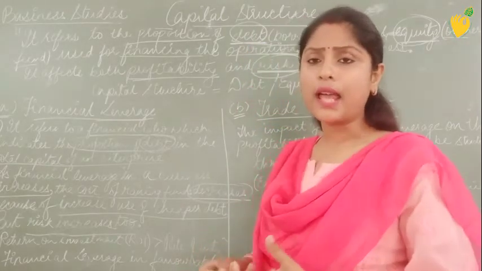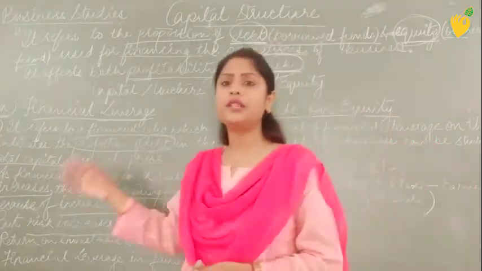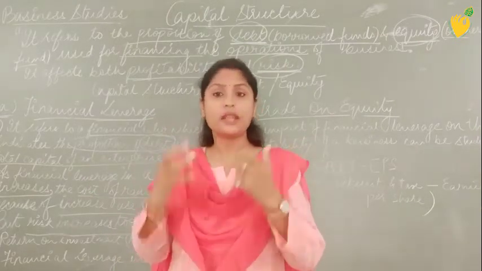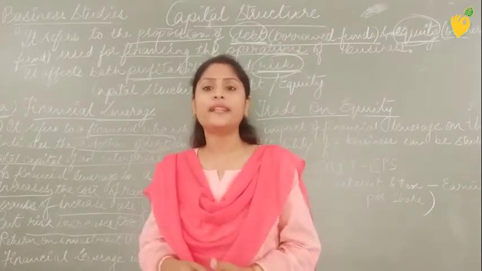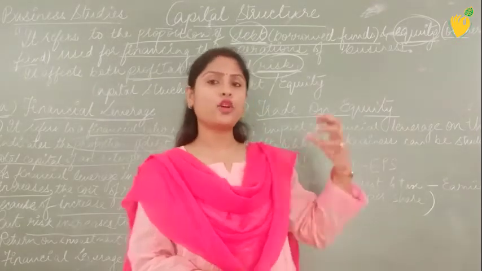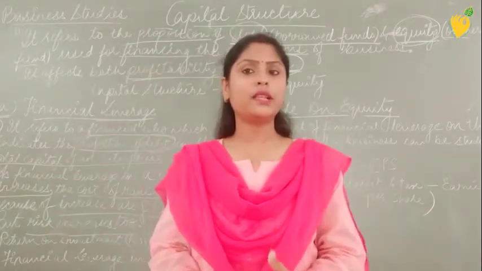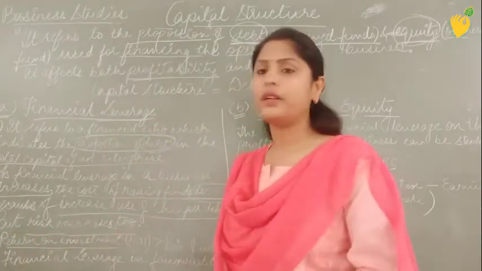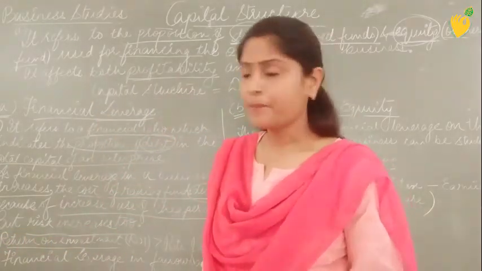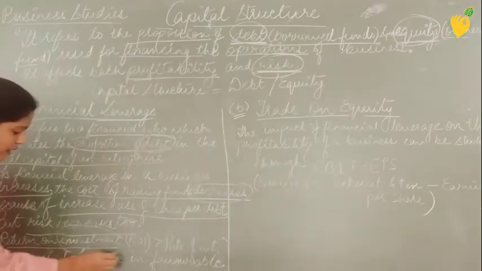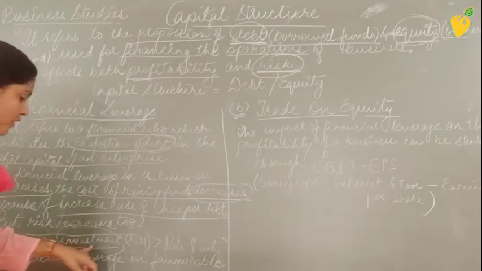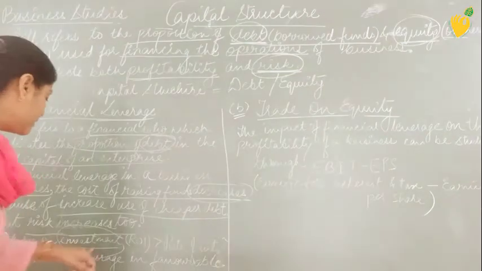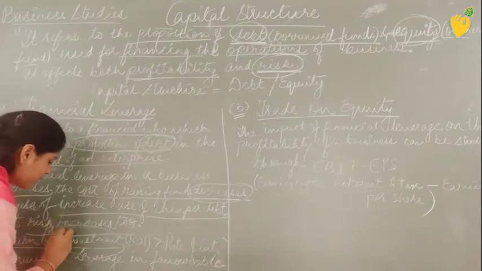Now, how can it be calculated, how can we see that the financial leverage is favorable, how can we understand that the organization is in a good condition? In fact, after borrowing so much money through debt, it is still in a favorable, better condition by a proportion which is called return on investment. Return on investment means profit. Any investment which has been made by the organization, the organization is getting a return on it. So what is return? Return is the profit.